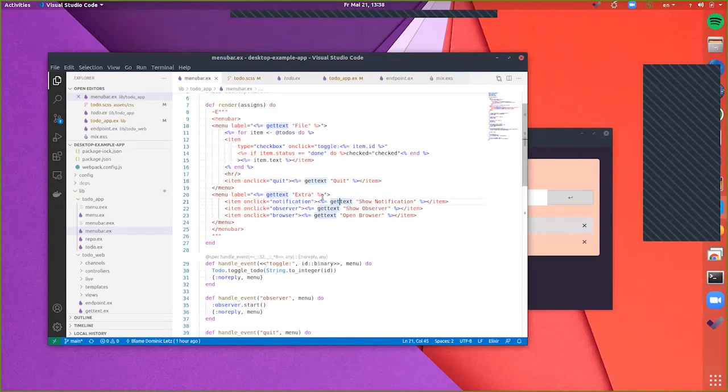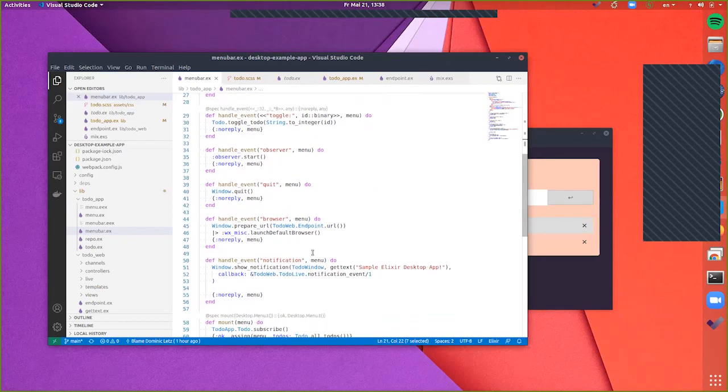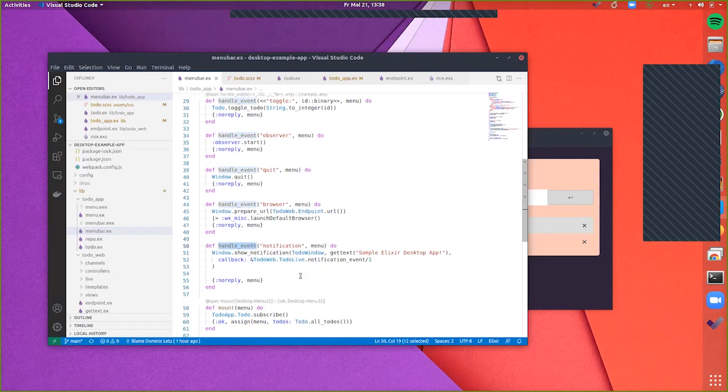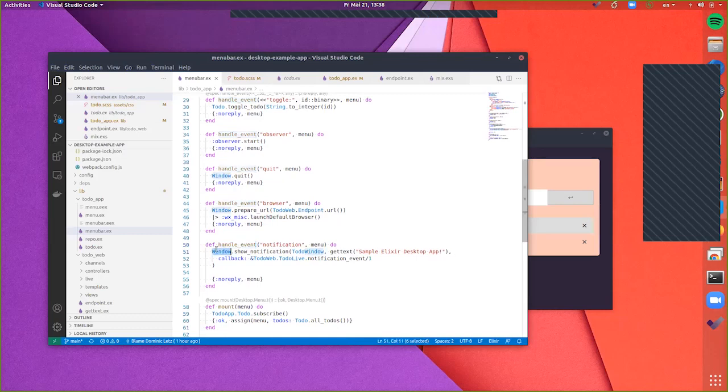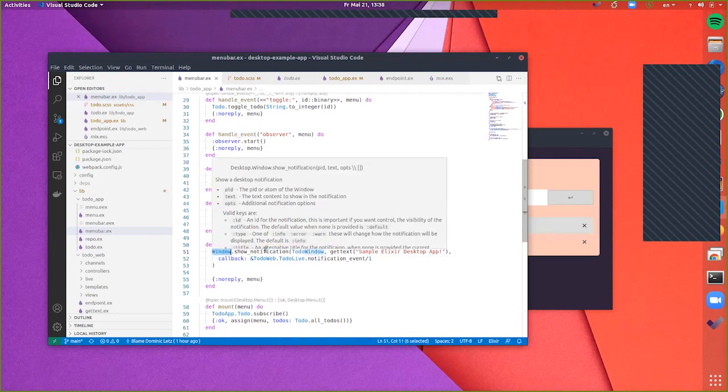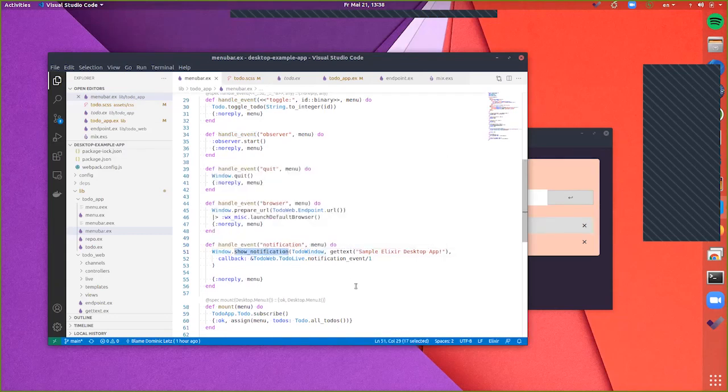So we have this on-click item, and it says notification. And once this is being clicked, similar to how LiveView works, it goes to a handle event with a notification. And then in the handle event notification, it uses the Desktop.Window module to show a notification that belongs to the to-do window.